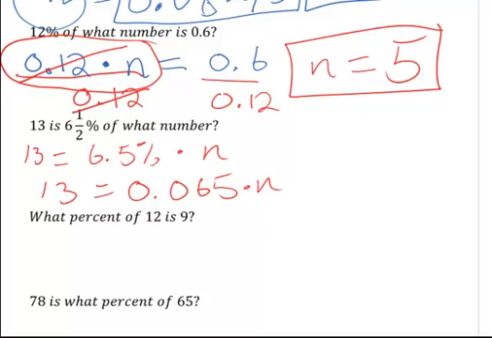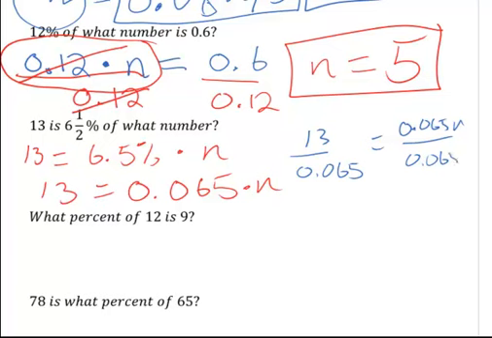If you notice, I'm multiplying by 0.065, so I need to do the opposite, which is to divide. So I'm going to take 13 divided by 0.065 equals 0.065n divided by 0.065. Those will cancel. And if I take my calculator and divide 13 by 0.065, I'm coming up with